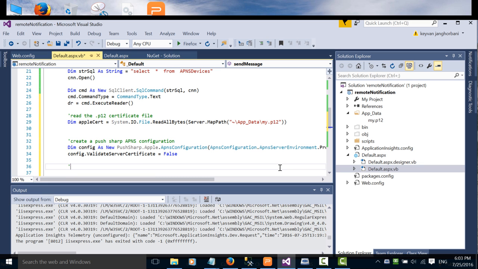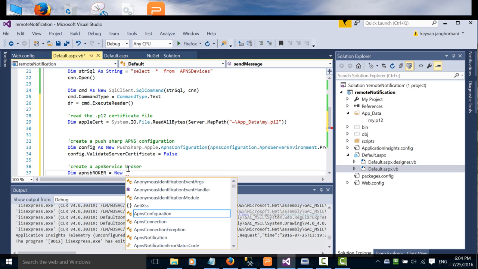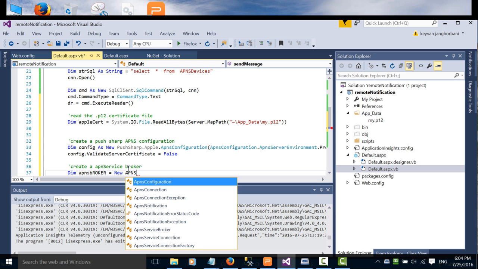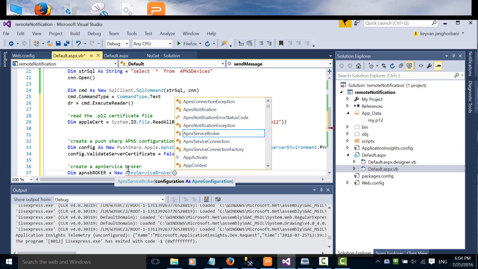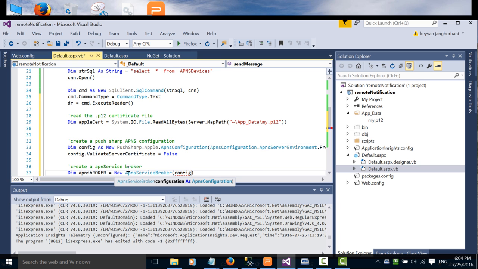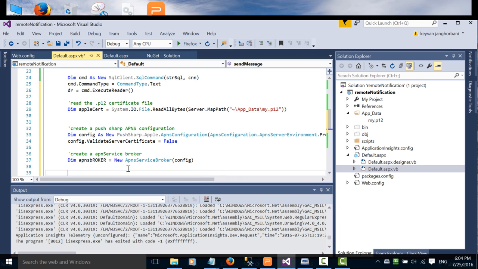So here is create APNS, pass the config file,